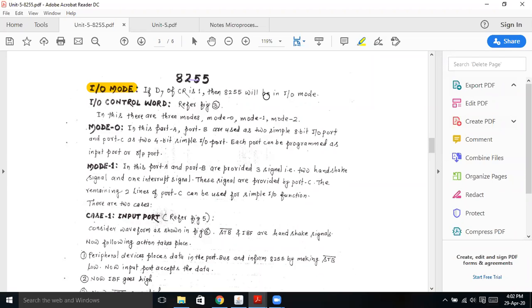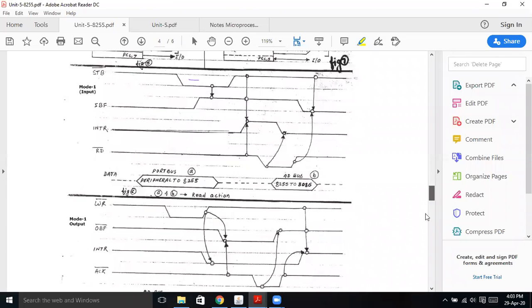But in the previous 8085 and 8086, they can either send or receive; it can work as an input port or as an output port. So we have to make them work as an input or output port. We have to give some controlling signals also, so that the port is ready to receive the next data. This input output mode has 3 modes: mode 0, mode 1 and mode 2.